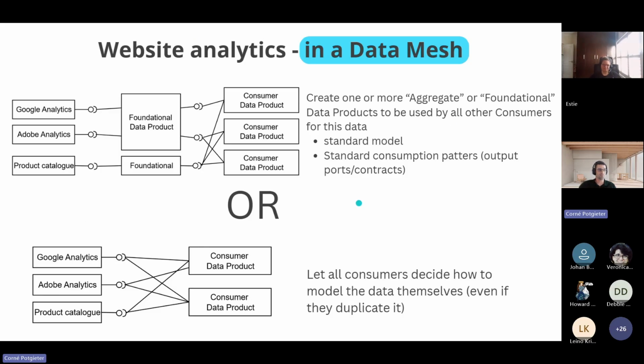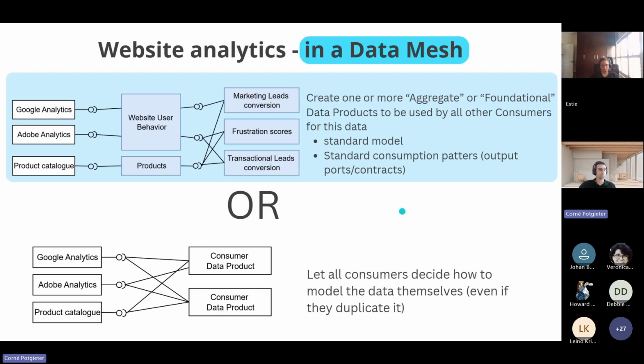We do think this is a better approach, but too often we end up having teams building their siloed data products on top of the raw data because it's quicker. The teams remain autonomous. That being said, I'm going to use the top one to explain how to implement the example that I shared previously.